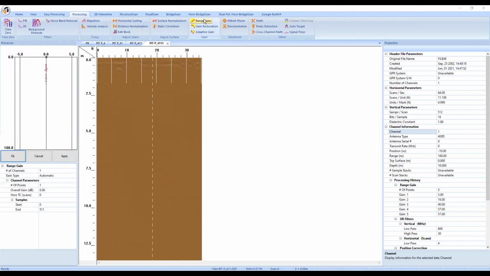So I'm going to click on range gain. There are a few different gain types: automatic, exponential, linear, and smart. I would recommend the exponential gain type anytime you do this. This is the most straightforward way to apply your gain. It's going to give you the most control over your points, and it should get you a really good result